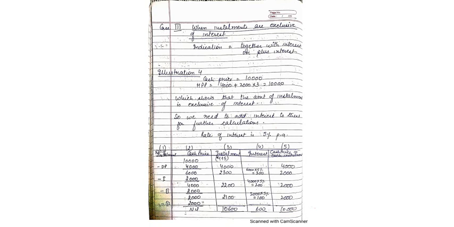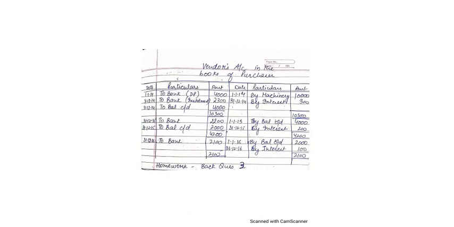So in this question, you are supposed to prepare vendor's account in the books of purchaser. So we will make this account in the books of purchaser. Vendor is the seller, hire purchaser is the buyer. So buyer has bought the asset, so asset comes in, so asset account is debited to vendor since he has purchased it on credit. So we will pass this first entry.